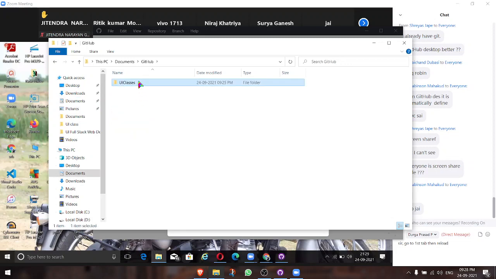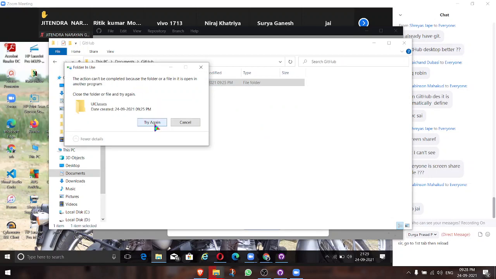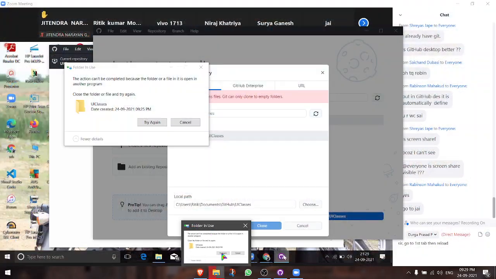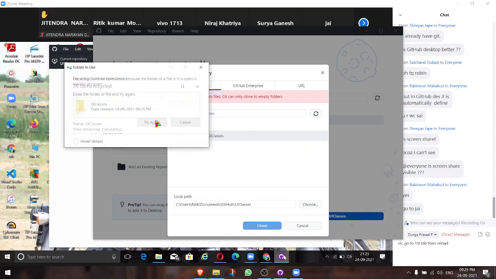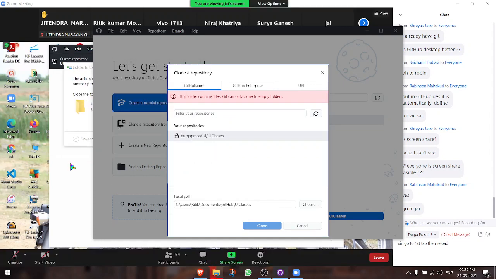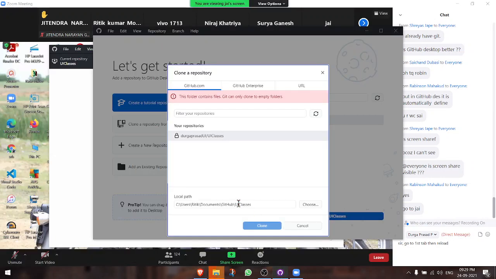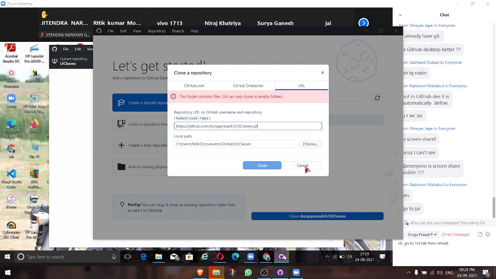UI Git, UI classes. If you see, it is still going on. Just wait for some time. Go back to the GitHub desktop. Is it finished or still doing? It is still doing. So with this step, he could get all the Git code which is present, 8 PM batch, 730 batch, whatever the batch code examples, every other thing is in his machine now. He should be able to see that.